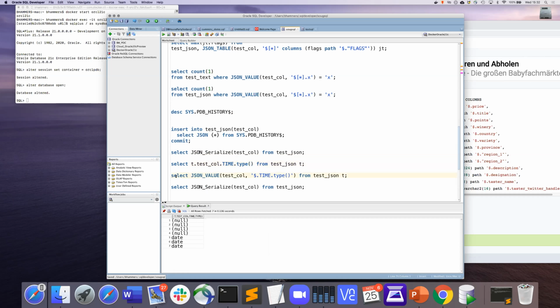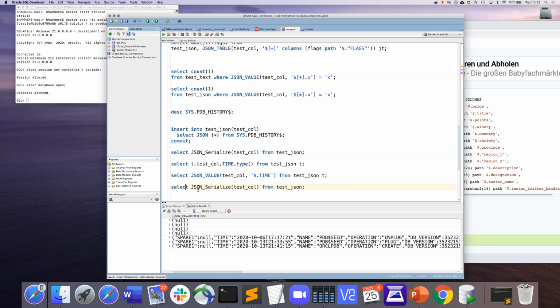You could also use the JSON value syntax with a long syntax $.time.type that does the same. If I remove this, we probably see the value again that we got extracted. So if we serialize, that is when we convert our binary representation to a string, this does the conversion from a date, which is not supported, to a string.